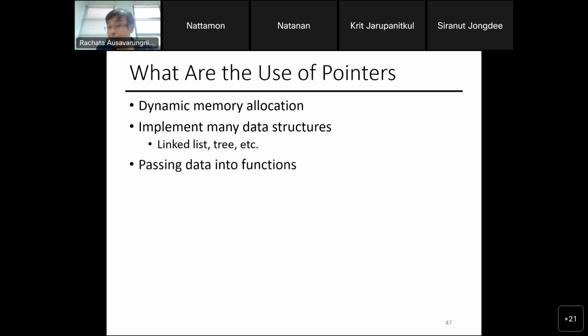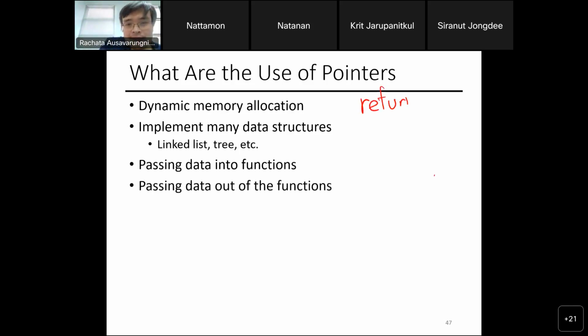We can use pointers to pass data into a function and pass data out of the function. For example, let me ask you this. When I do return and then something here, how many items can I actually return? I can only return one thing, right? Are we all with me so far?